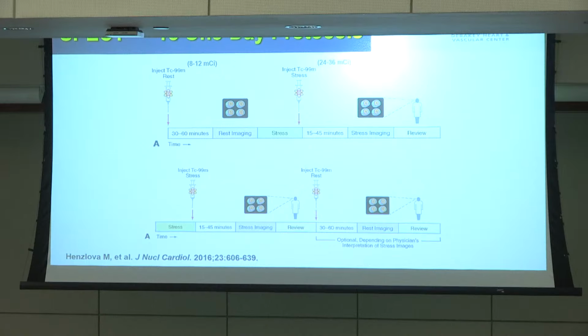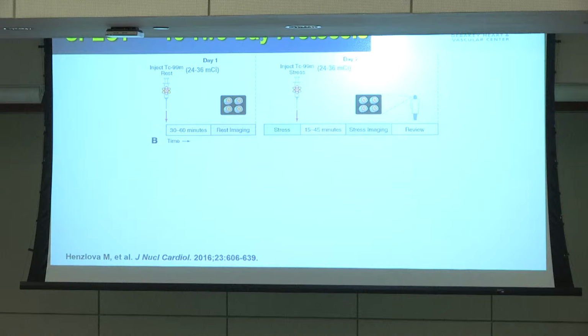And there are some sites doing it with advanced cameras. They reported on their dose with 1 millisievert. So you're talking about SPECT with 1 millisievert, because you're lowering your image acquisition, you're lowering your dose, and you're doing stress only in these patients. Now, if you know that the patient is obese,